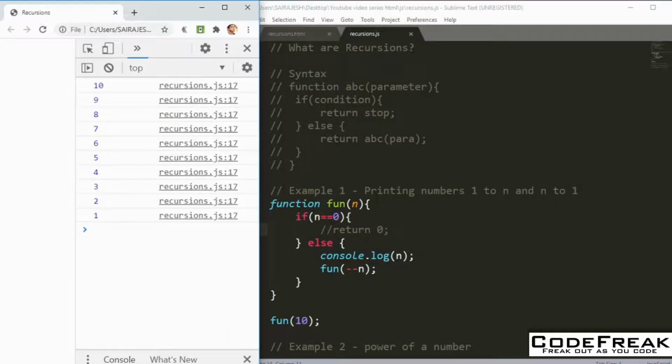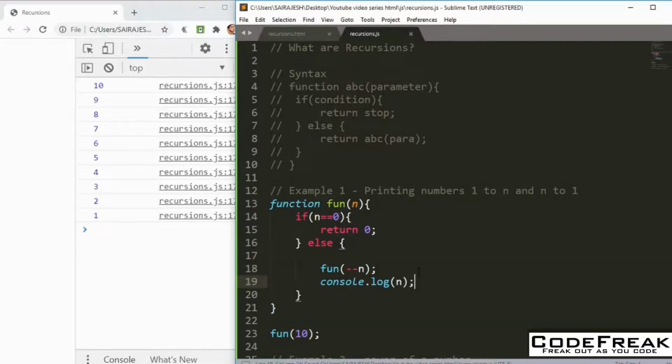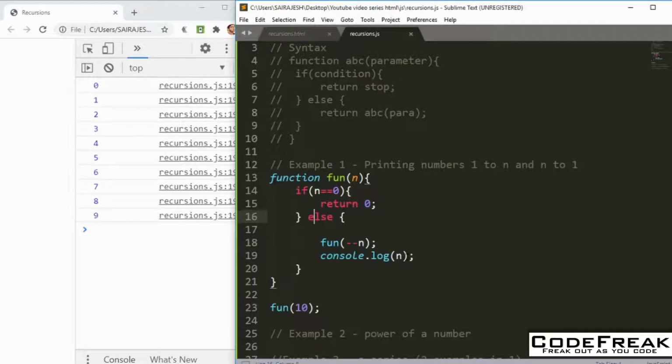Basically if you have no statement there, that also is fine, but I just put a return for the sake of it. Now say you want to print from 1 to 10, so you just remove this here and then paste it here. Okay, so that's the magic which you can see. Actually you see you got from 0 to 9. So if you actually wanted to print from 1 to n, you can just do n plus 1. That works, right? So it's so simple in that way.